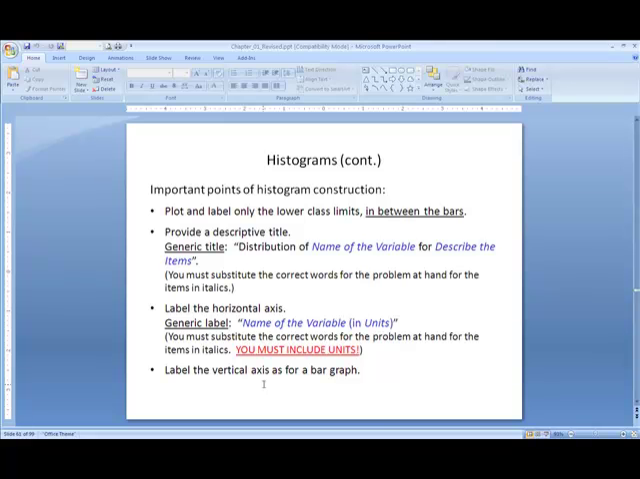And label the vertical axis. Is this a frequency or is this a relative frequency histogram? These are the types of good practices that you're going to need. Now what we're going to do in my next installment is actually create a histogram using